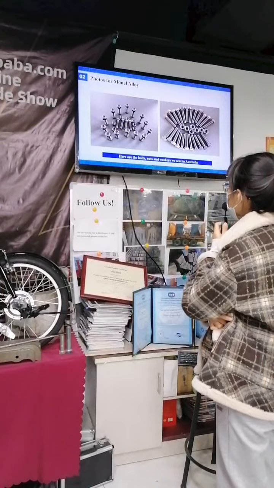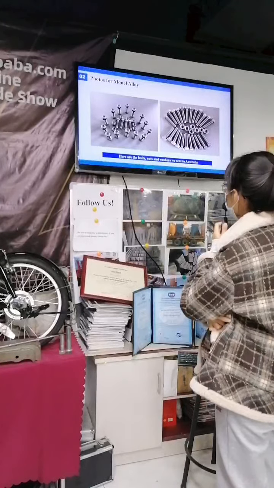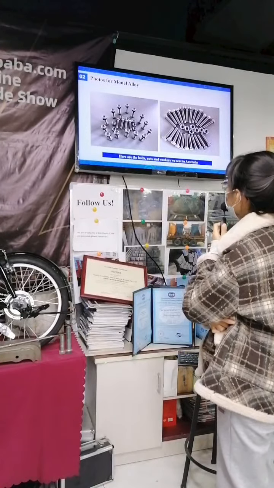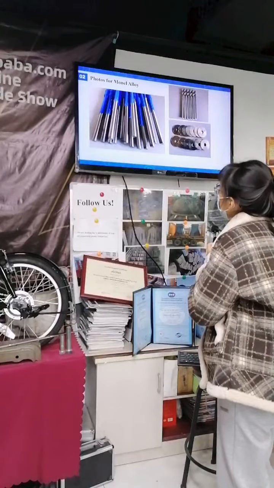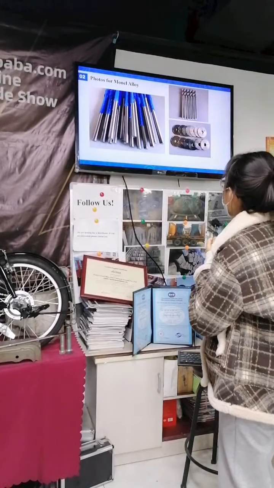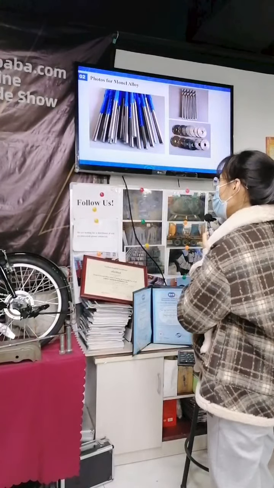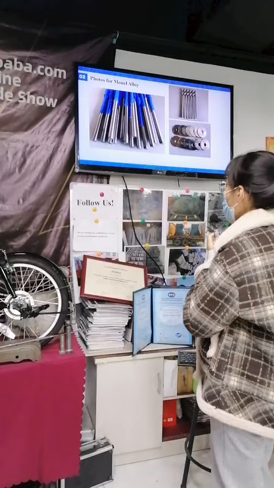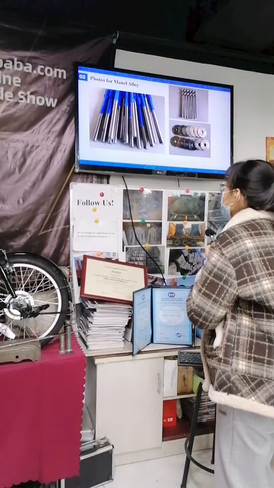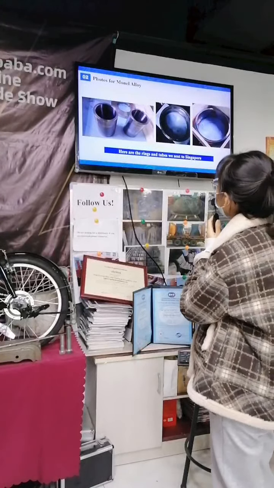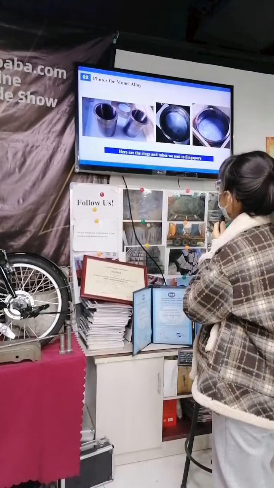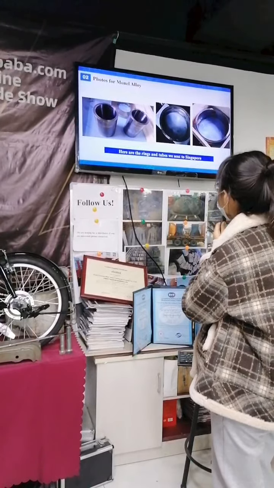Here are the bolts, nuts and the washers in Central Australia. Here are the rings and the tubes we sent to